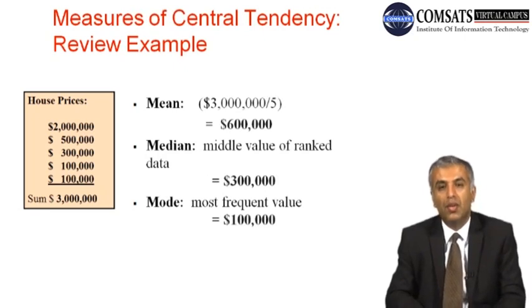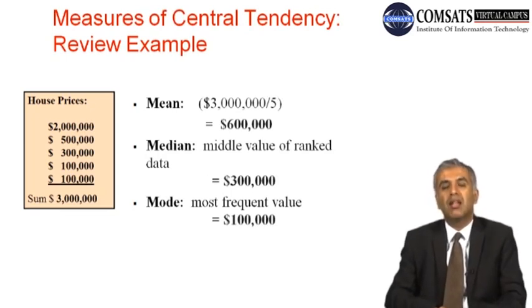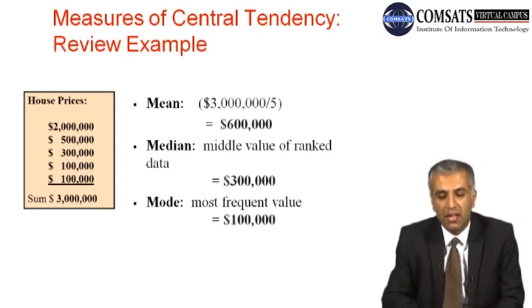Then coming to the next one, the mode, which represents the most frequent value. In this case the most frequent value is 100,000, which has occurred 2 times. So this is a simple conventional way of calculating